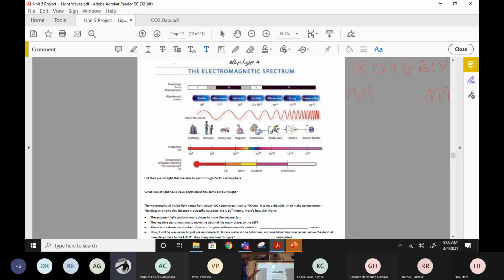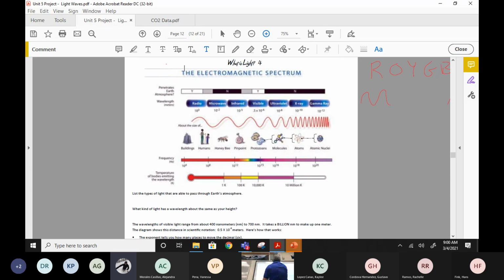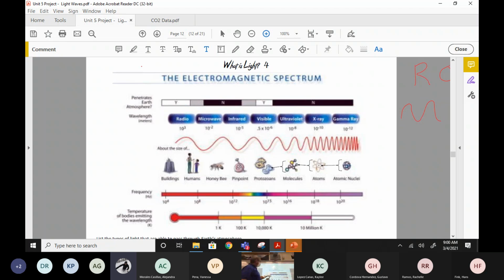Okay? So on this diagram, it's kind of hard to see here. Can you see we have them here in blue? Radio, microwave, infrared, visible, ultraviolet, X-ray, gamma. Which one's the high energy? Which is the low energy? Yeah, gamma's high energy. Gamma's high and radio is low. Yeah? There's 3 on each side, huh? And where does Roy G. Biv fit into this? Well, it's all squeezed right in here in the visible, isn't it?